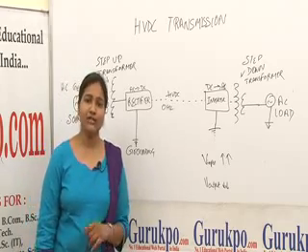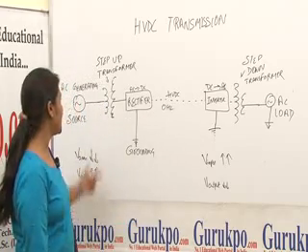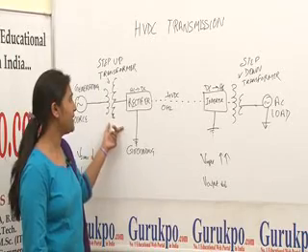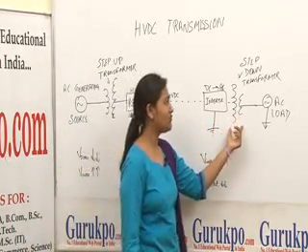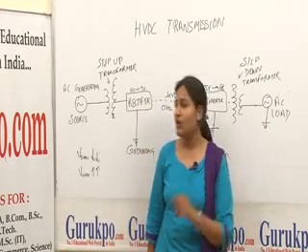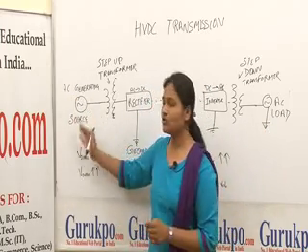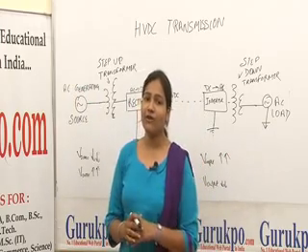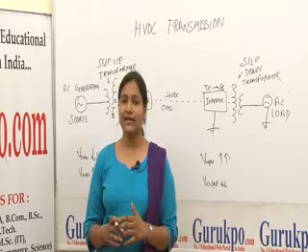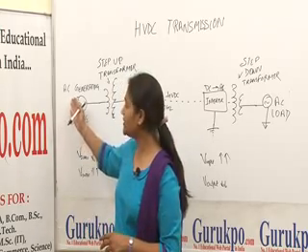The basic components used in high voltage DC transmission are the AC generating source, step up transformer, rectifier station, inverter station, step down transformer and an AC load. Now we will move first to the AC generating source. In the AC generating source, the generated power that we have to supply is in AC form.